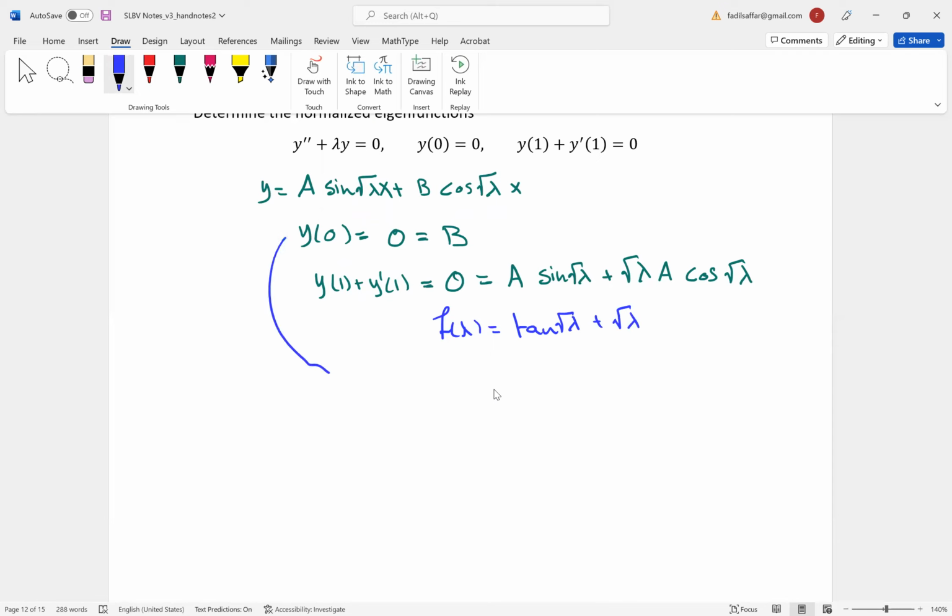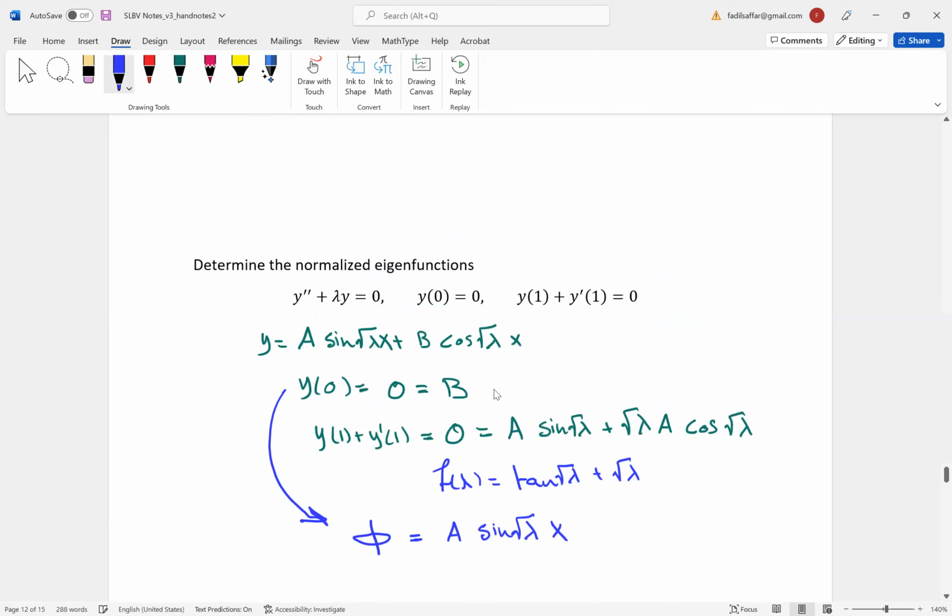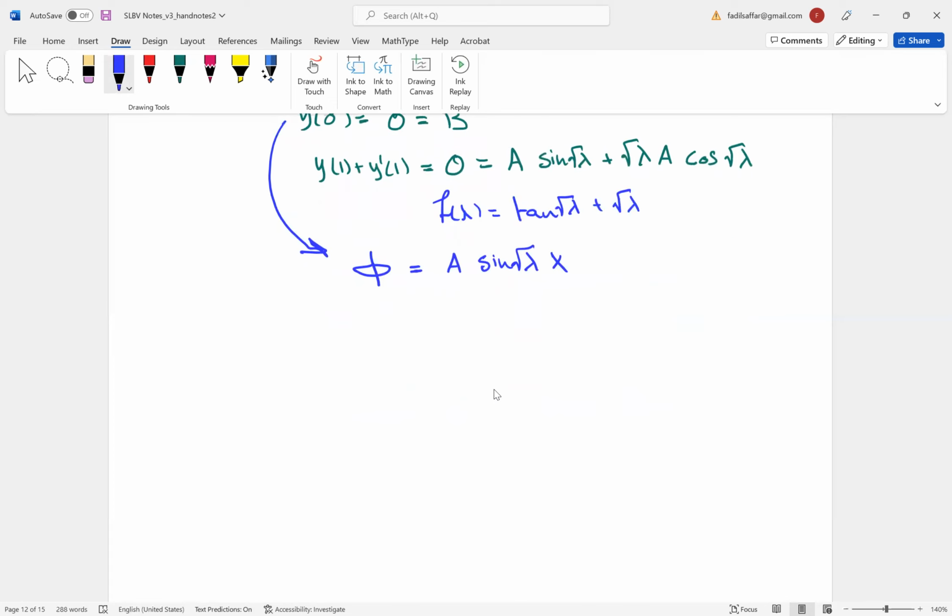And what we want to highlight here is that from this, we find that our eigenfunction, just like what we did before, is a sine square root of lambda times x. And the question basically asks to normalize this one. What we did before to normalize and find phi n is take phi and divide it by its length. And the length is basically